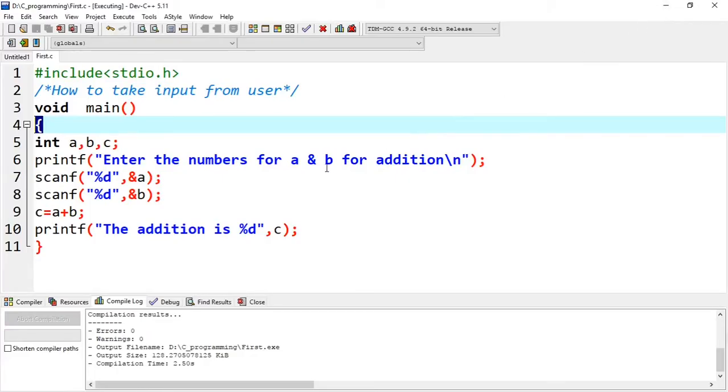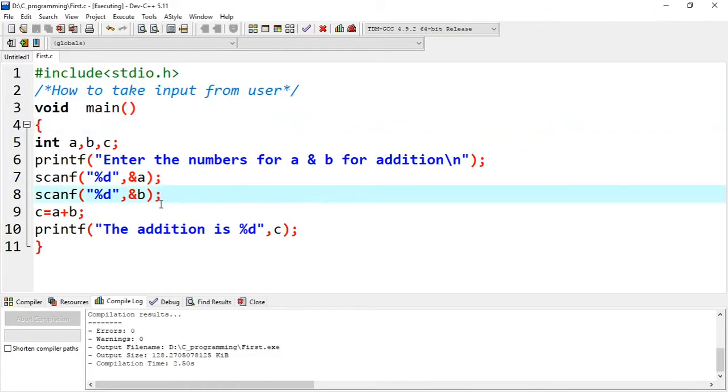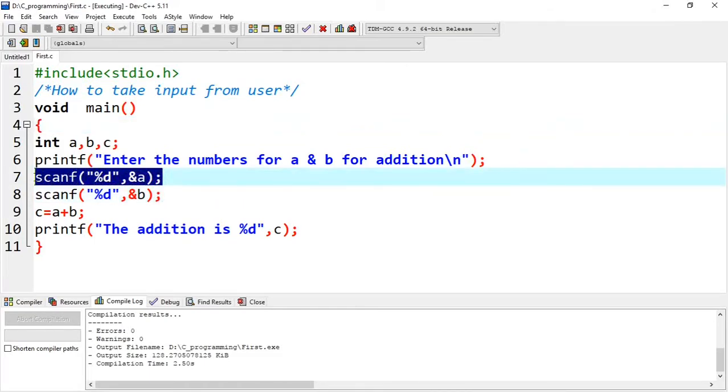This is how you now know how to add two numbers. Especially we have learned about the scanf statement, and in the earlier program we learned about the printf statement. Scanf and printf, these two are the major input output functions in C programming. Scanf actually takes input from the user, printf prints the output to the screen. Okay, so this is addition of two numbers.